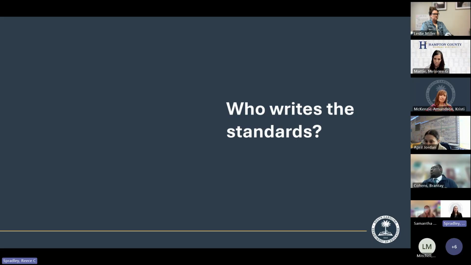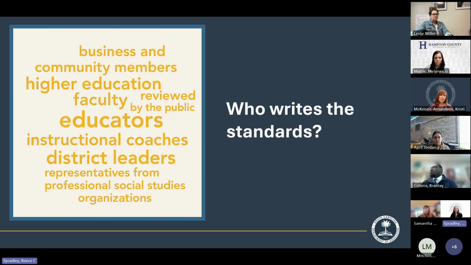We've got a committee of SC educators and field experts. Yeah, so y'all are exactly right. There's a large group of people. It's primarily educators, instructional coaches, district leaders, business and community members. So there's really a wide group of stakeholders, like all of you have said in the chat, that are involved